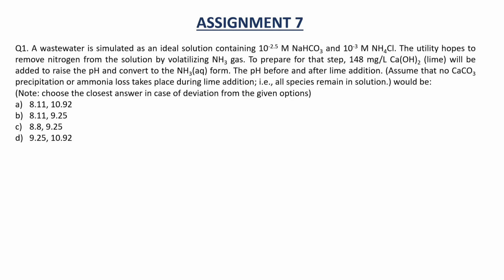Next, we will have total ammonium, which will be equal to 10 raised to minus 3 M. Then again we will have total Cl, equal to 10 raised to minus 3 M, and we have to see what the concentration of total H will be, because this NaHCO3 can dissociate and form Na plus and HCO3 minus, and further HCO3 minus can dissociate to form H plus and carbonate. So total H will be